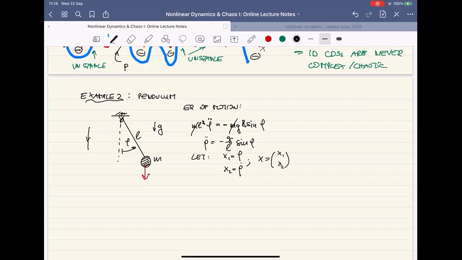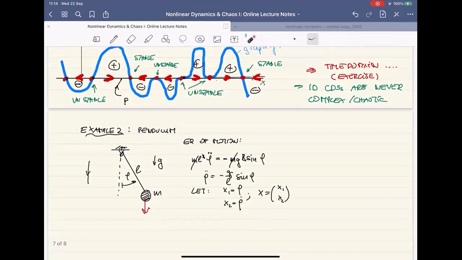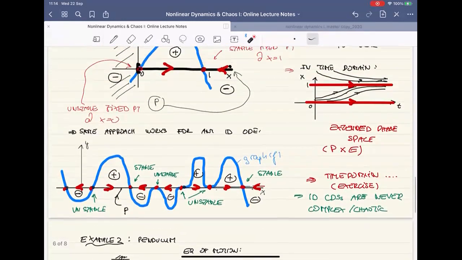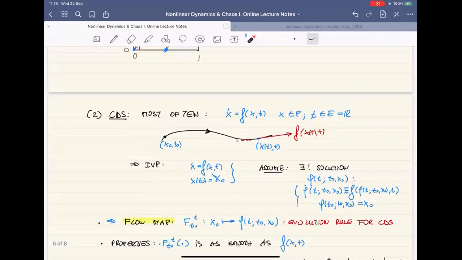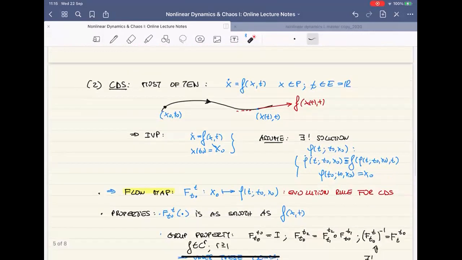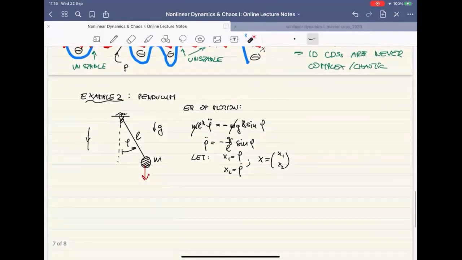Why am I doing that? Why am I even changing variables? Note that this is a differential equation, but not of the first order. All the basic results for dynamical systems are formulated, and in most cases only true, for the first order form, but not for second order equations. But the good news is that differential equations of any order can be brought to a first order form with this trick. Namely, you just write, well, by definition, x1 and x2 are related to each other by time differentiation,